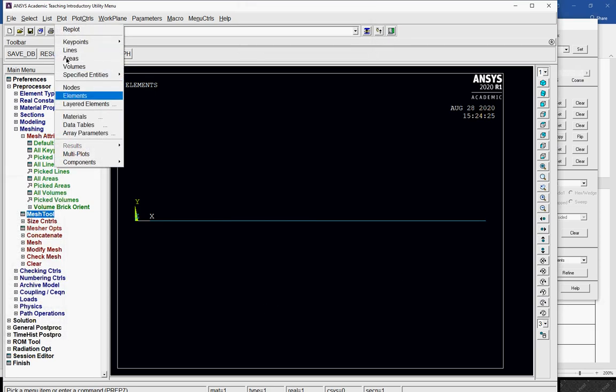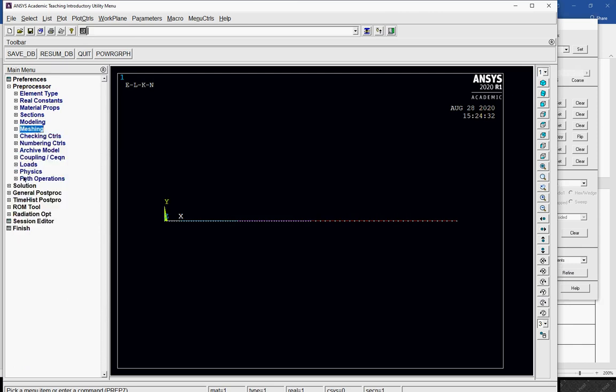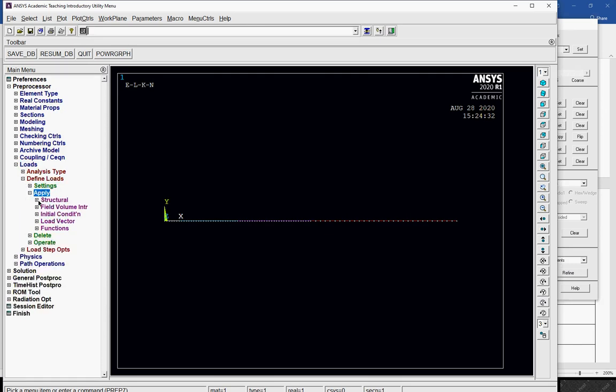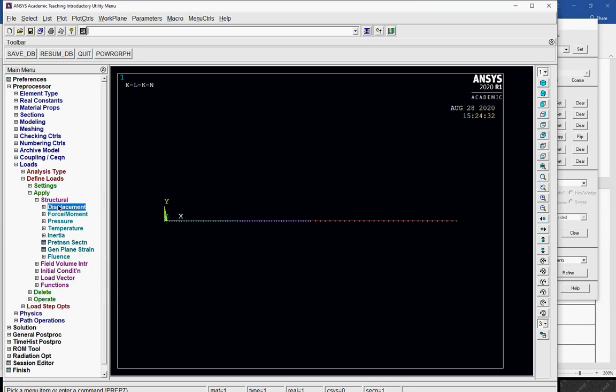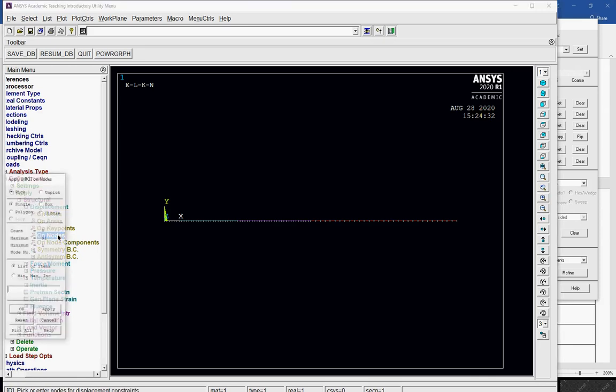I can go to plot, multi-plot. Now you can see nodes and elements, all the stuff is appearing here. Now let's go with the loads. I go to loads, define loads, apply, structural, displacement, on nodes. This is the first and this is the last.